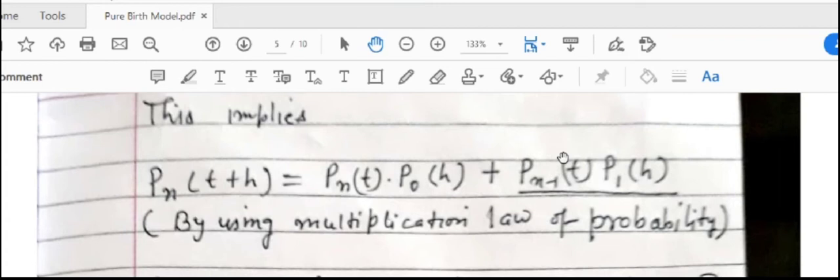So now we are merging both of the time intervals, so that time interval is going to be t plus h. Why are we doing this? Because the law of mathematics checks that if we add something sufficiently small, it means that we are going to verify the situation at